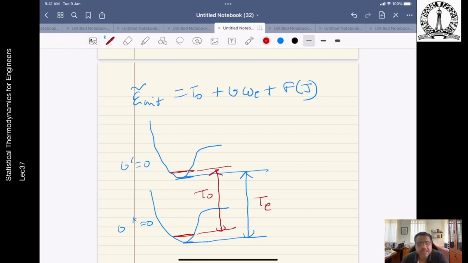So you understand that we brought in T naught. By the definition of T naught, we have eliminated the ground vibrational energy. So that's why the half is not there anymore. Okay, so employing this revised zero of energy,